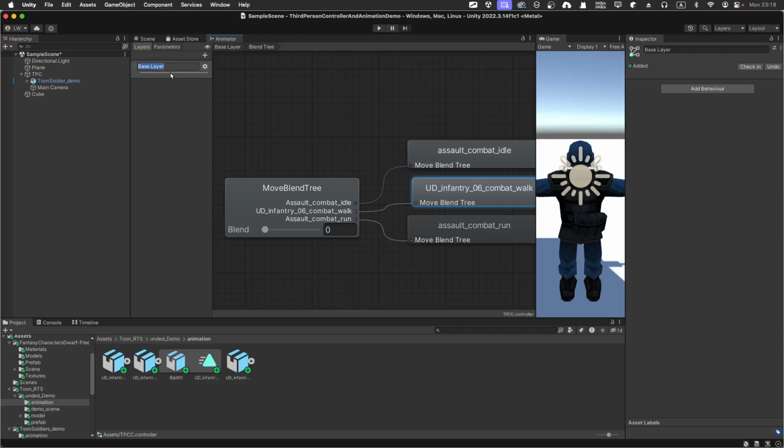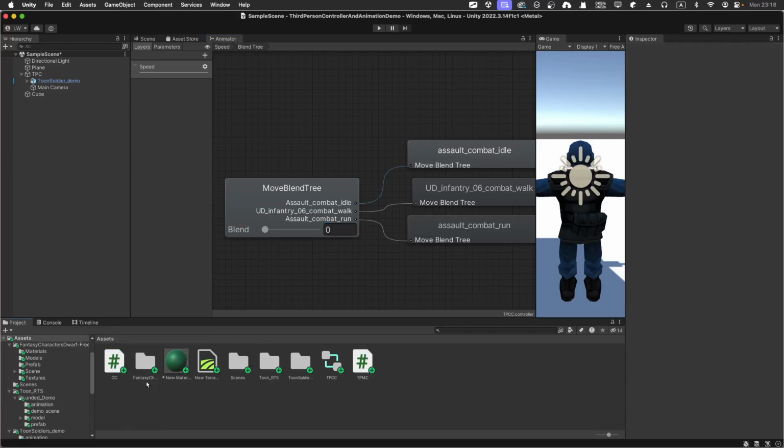And the name, I think I can pretty much change the name as well. So for example, the speed of your blend. So you can use speed to change the blend, and then as the blend goes all the way up to 1, they start to actually run. Okay, so yeah, I think that's pretty much it. Let's go back to